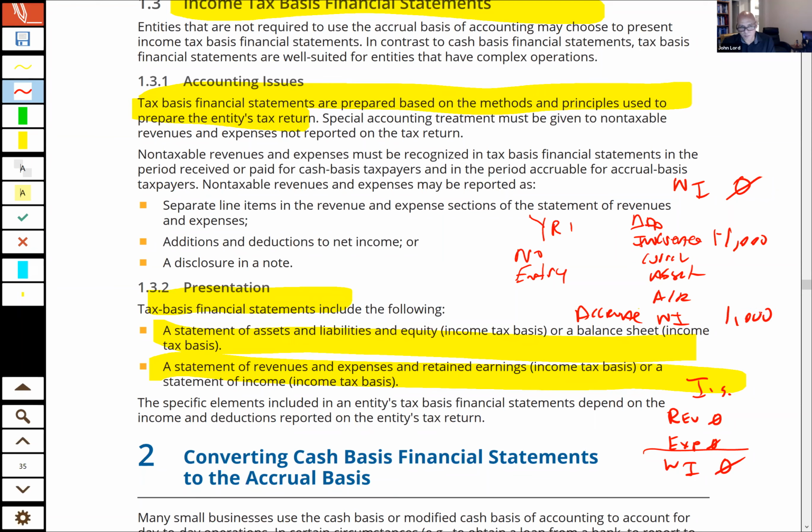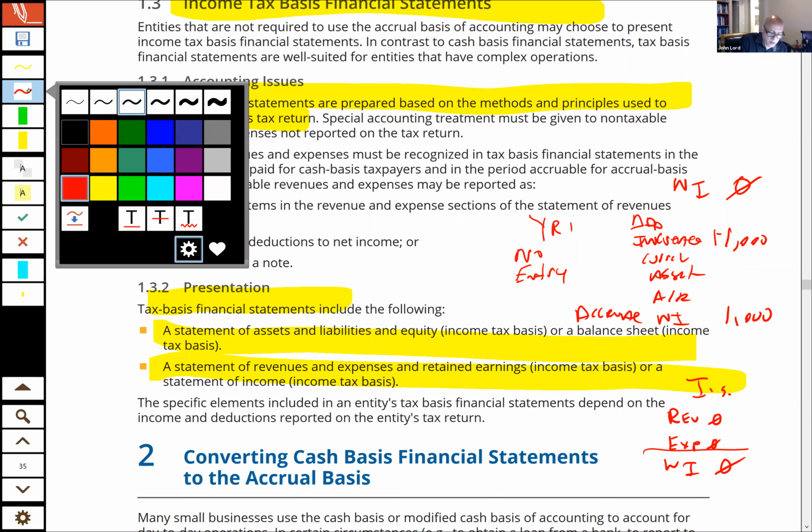Would be $1,000, wouldn't it? So I'd look at my current assets, and if they increased, I would add them, and that would give me what? That would give me my accrual net income. Now, if I go into year 2,